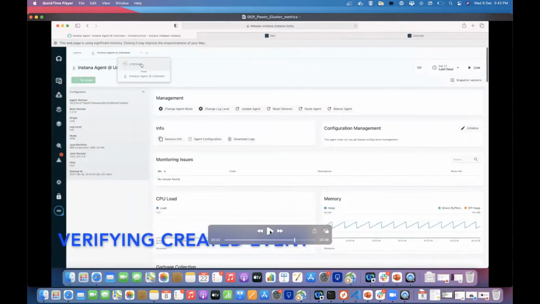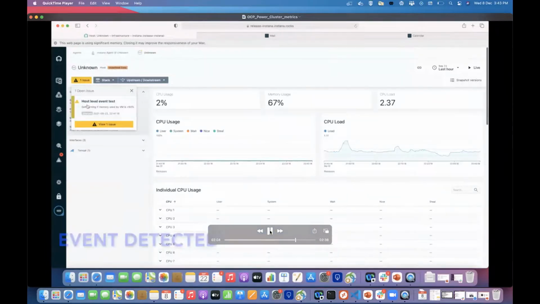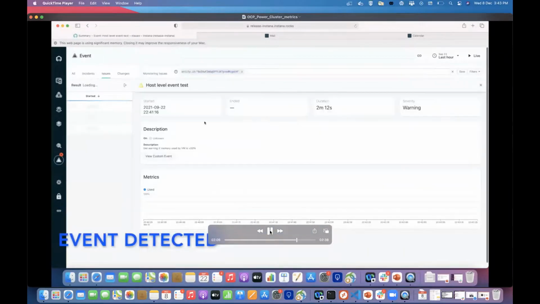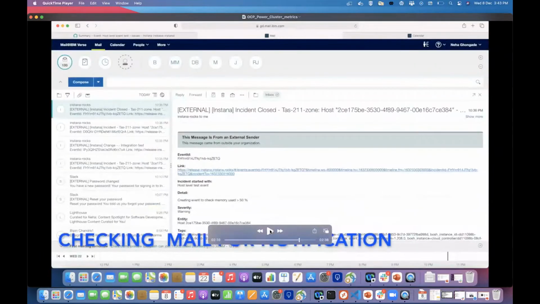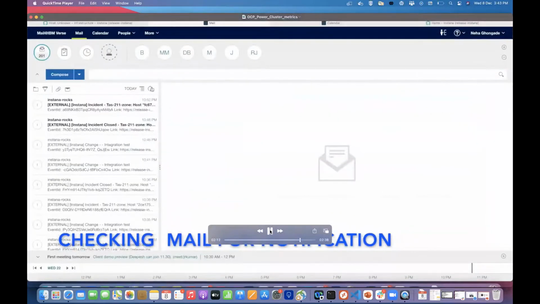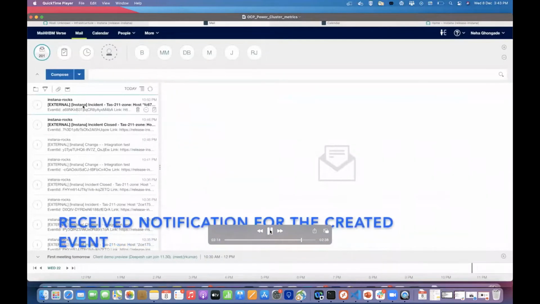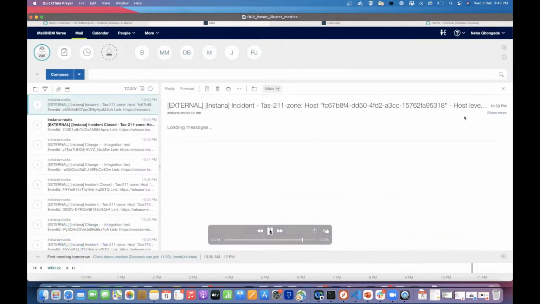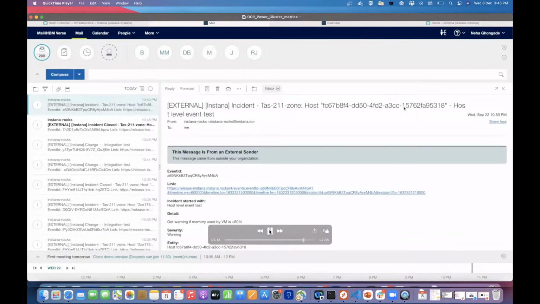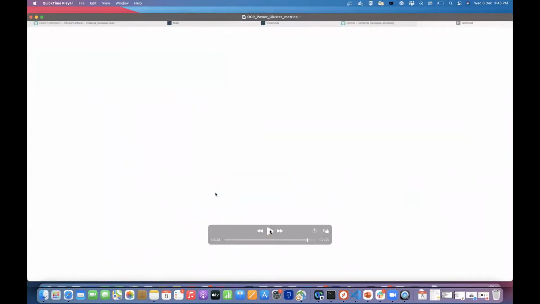Now you can see that the event is detected, whatever condition we had given. It detects the event at that particular percentage. If it is greater than 50, we'll get the notification. Currently we can see it is 67%. We can get notification via mail, so here I made it via mail, and we are getting the notification over here. So this is the event alert notification feature. It is very easy to monitor our application. So that's on my side.